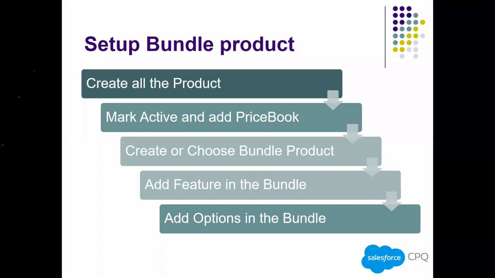Go to the product tab, click on the new button, provide your product code, product name, mark it active, and click on the save button. After defining the product, you'll have to define the price book also. In that price book, let's suppose you are using a USD price book, a GBP pound price book, or a euro price book. You'll have to keep adding those price books accordingly in your price book setup.